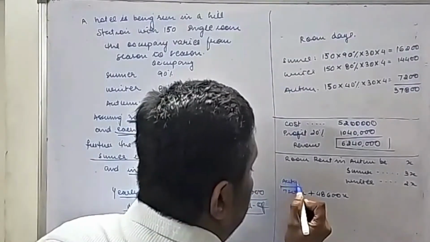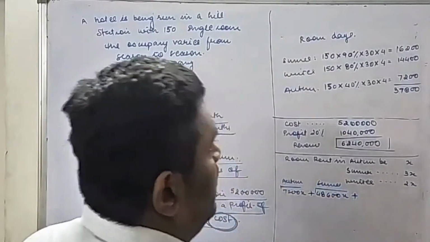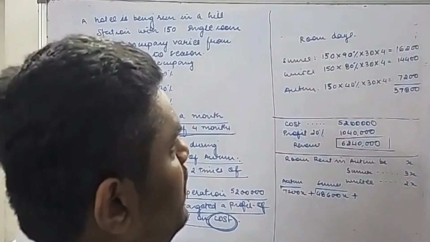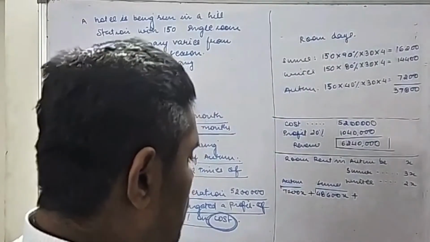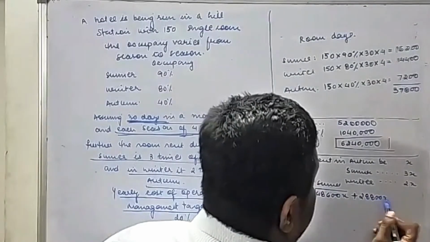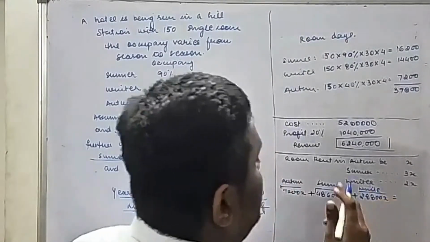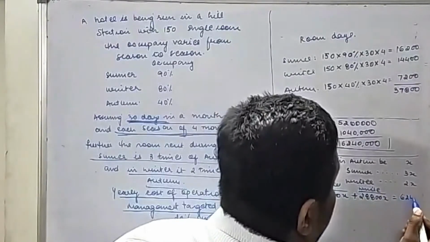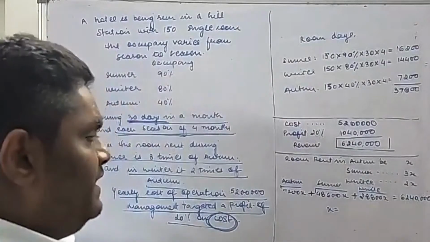This is autumn, this is summer, and when talking about winter it is 2X, 28,800X. This should be equal to 62,40,000. So value of X will be